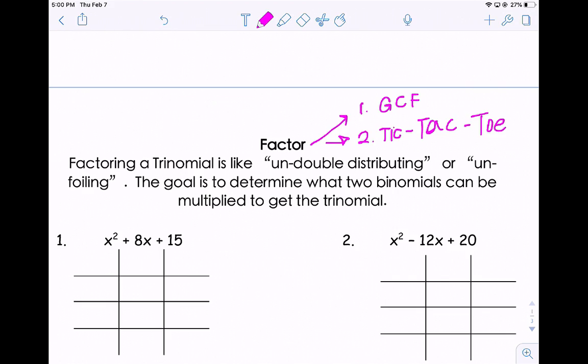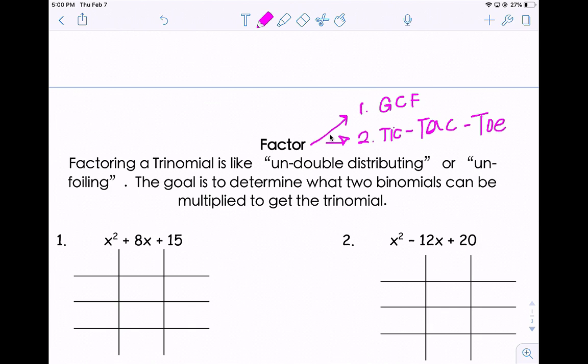Okay, so today we're going to learn how to factor. On Friday, we actually learned how to factor when we had a greatest common factor that we could divide out of all of the pieces of our polynomial. Today, we're going to learn a little bit different way of factoring, and this happens when we don't have a